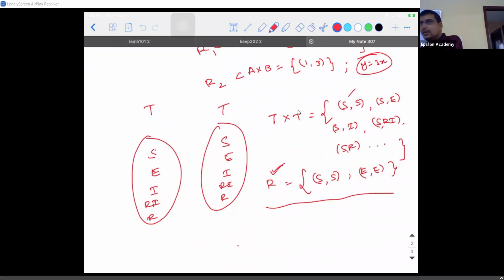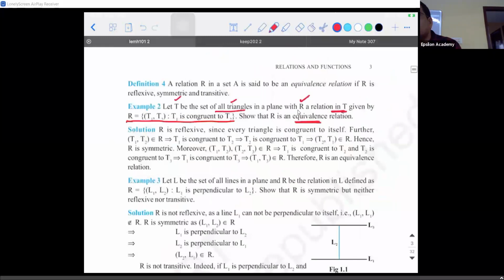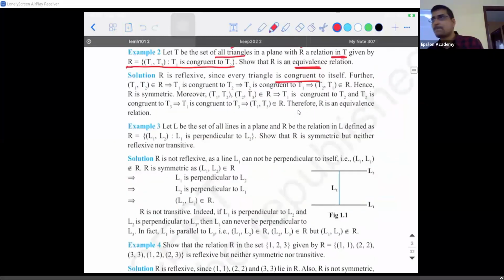Are you guys able to visualize? See, I can put it in a statement, but this is the way you dissect and see. This is the way you observe things. They would have given it in a simple statement: R is reflexive since every triangle is congruent to itself, obviously. But why, you should understand. Am I clear? Did you guys make a note of it? Please make a note of it.